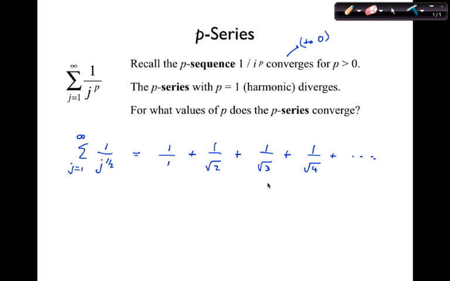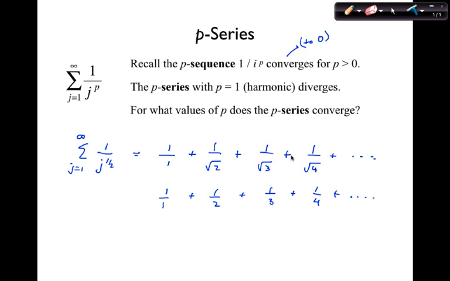Let's compare this to the harmonic series, which we know diverges. How does each of these terms compare to the terms of the harmonic series? How does 1 over square root of 2 compare to 1/2, and 1 over square root of 3 to 1/3? Are these all bigger or smaller? Smaller denominators,